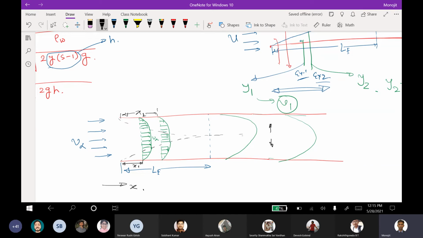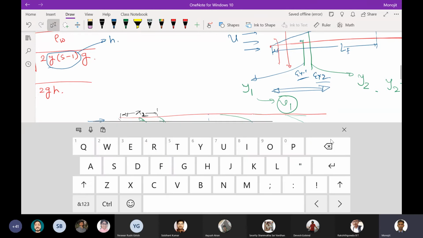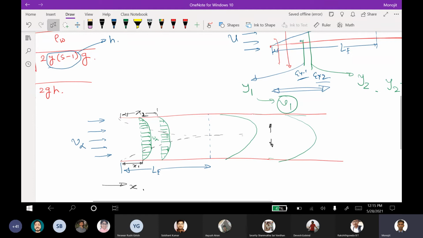But see, within this entrance length, if you position your pitot tube at a location x1 from the entrance or at a location x2 from the entrance, you will get a different velocity profile. So your velocity profile is changing along the direction of the flow within the entrance length. But after you cross the entrance length, there will be no change in velocity profile along the direction of the flow. So we generally place the pitot tube outside this entrance length. That is the whole point of this discussion. Otherwise, the position of the pitot tube will give you a different velocity profile.